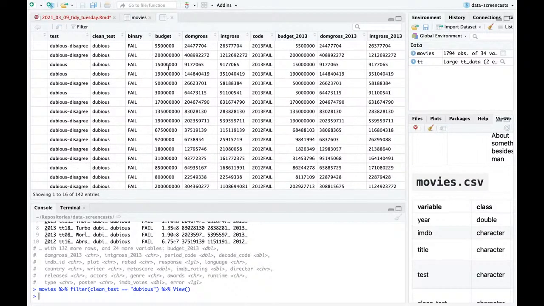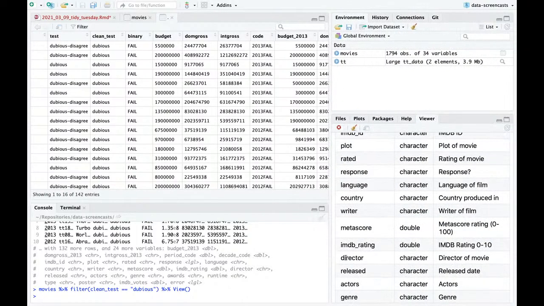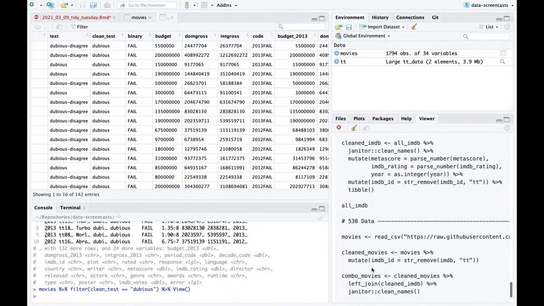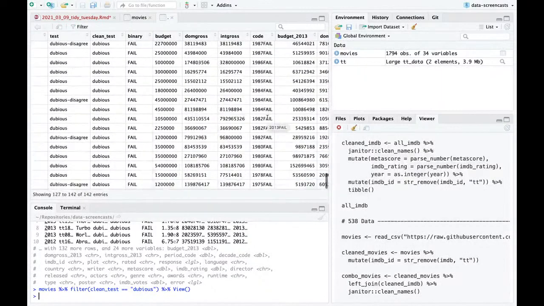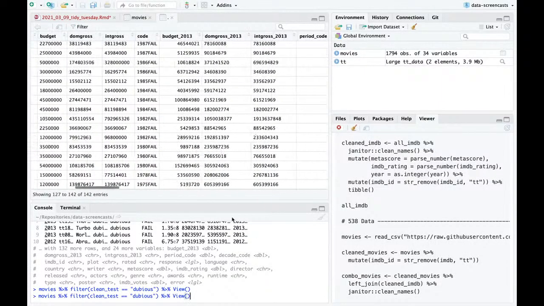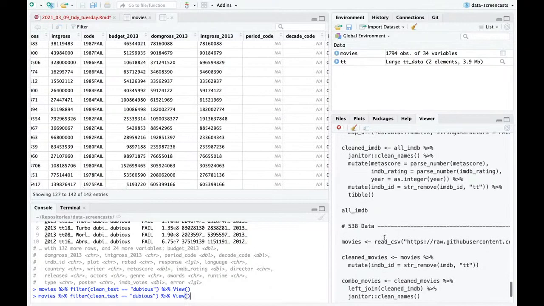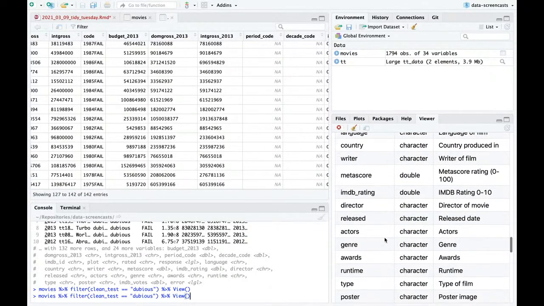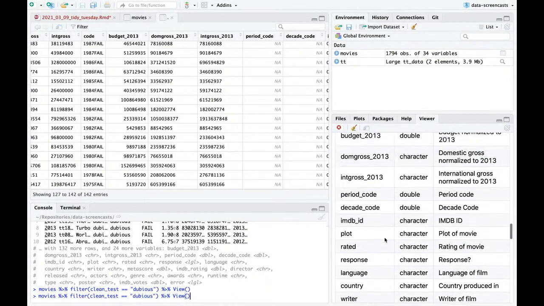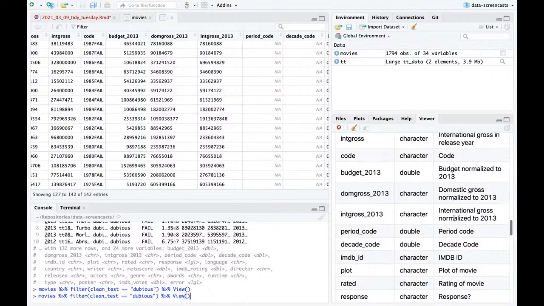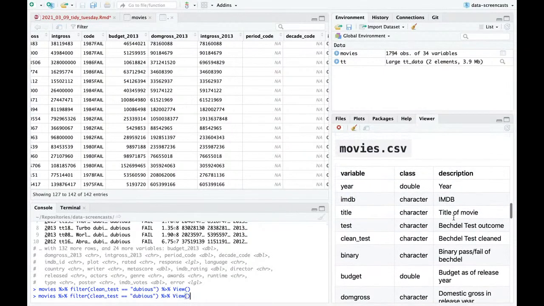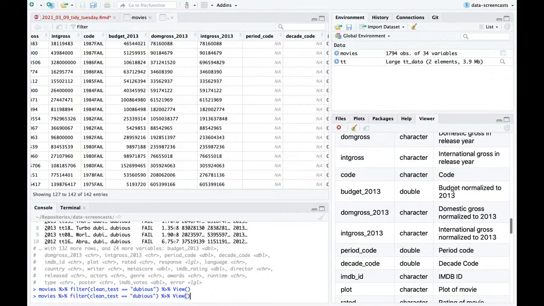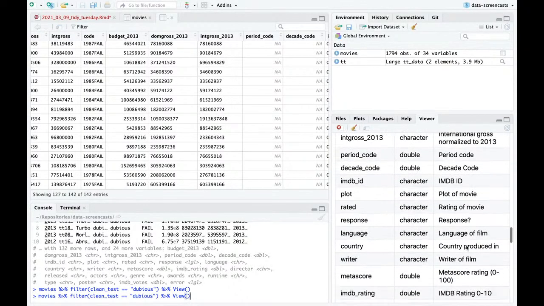But first, we can kind of work with the binary. We have budget. We have domestic and international gross, coded, I guess, by year and whether it passed, failed. I guess this is budget in 2013 dollars. Let's take a look at this. Yep, normalized 2013. I guess the idea is this analysis must have come out in 2013. So you have the domestic gross, the international gross,